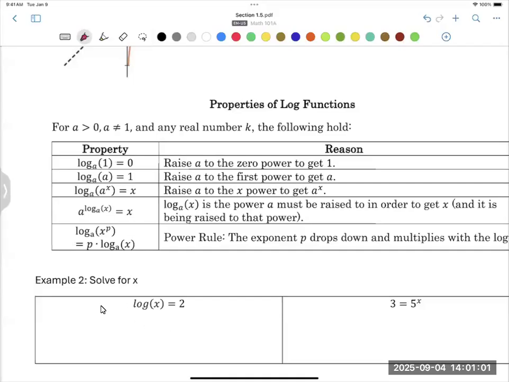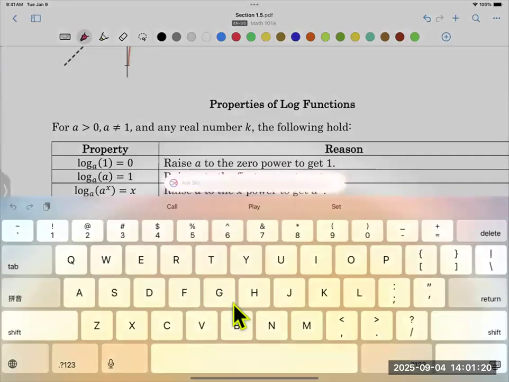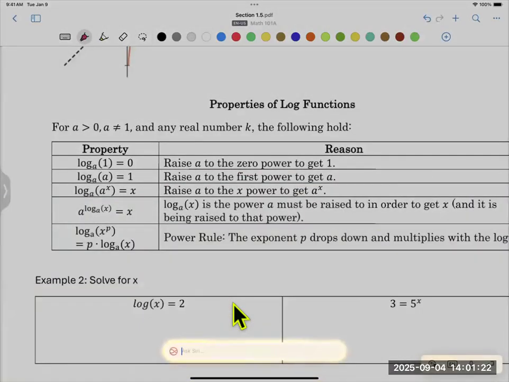Now we're going to look at some examples for solving logarithm equations using some of the properties. The most useful property that you will see is when you have a logarithm equation, you can write that back to the exponential equation. So keep in mind that if you have the logarithm equation